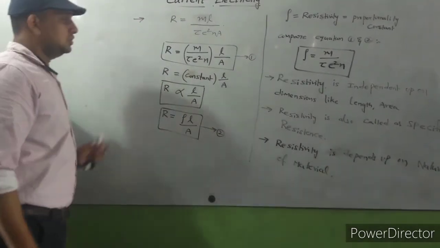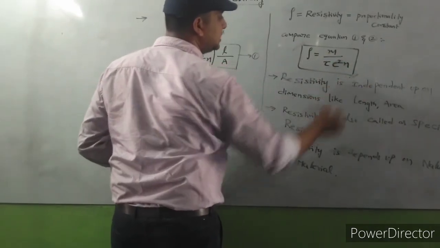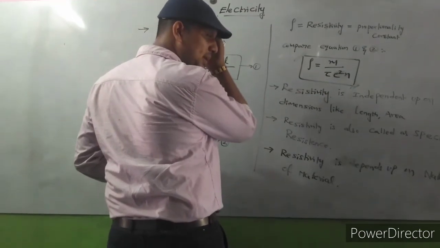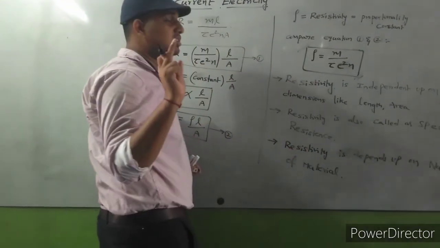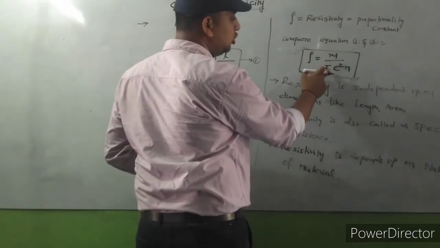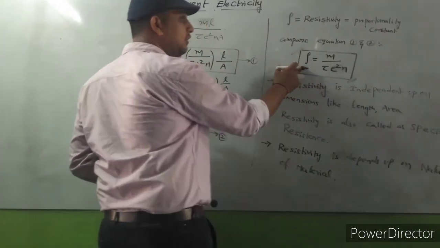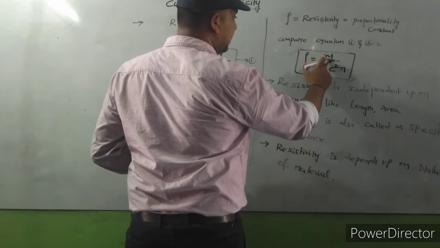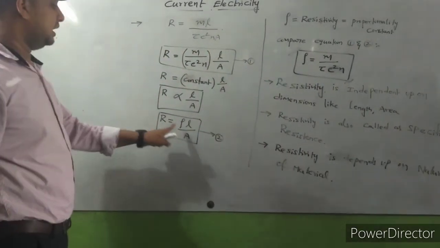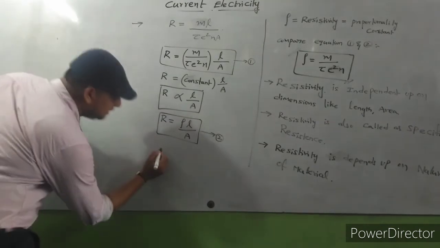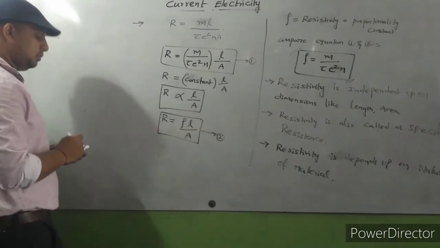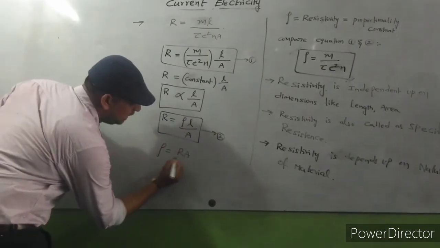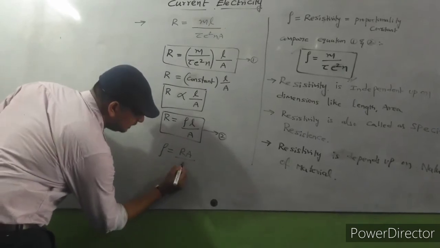So this is very important. This is the resistance formula in the case of mass, and n means here the number of electrons present in unit volume. N is nothing but free electron density. E means charge of electron. Tau means relaxation time. This is the resistivity formula in the case of relaxation time, charge of electron, free electron density, and mass. And the resistivity formula in terms of R, L and A: rho is equal to RA by L.